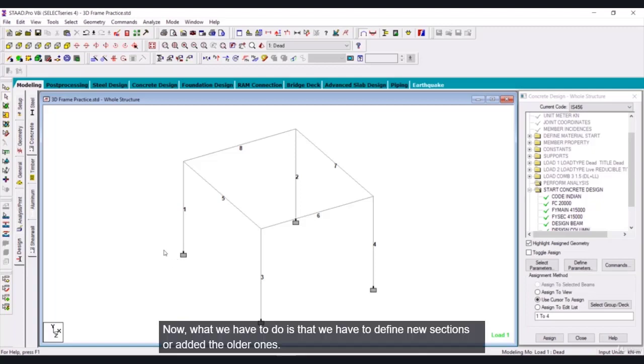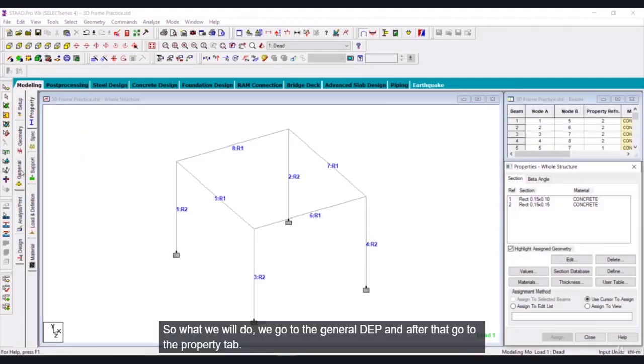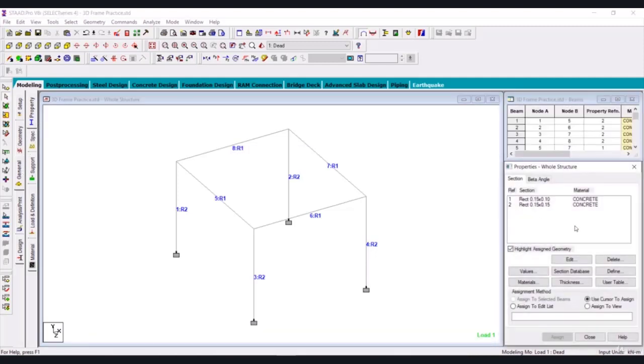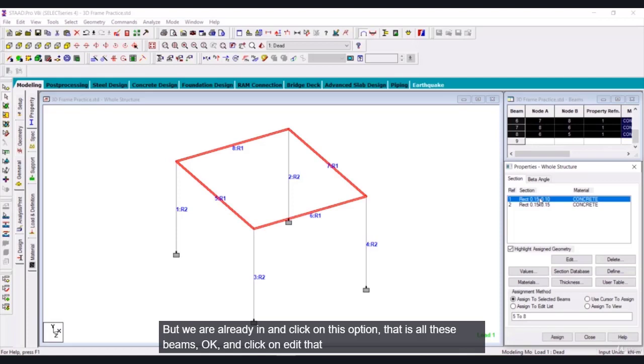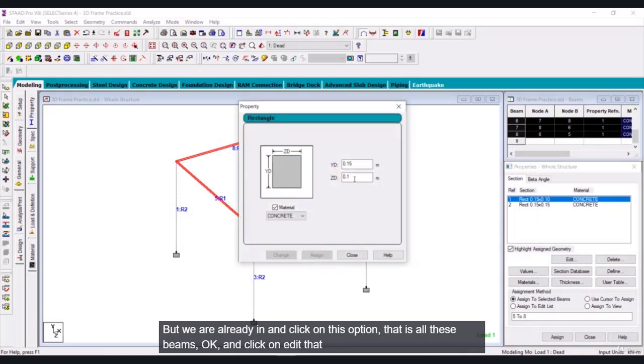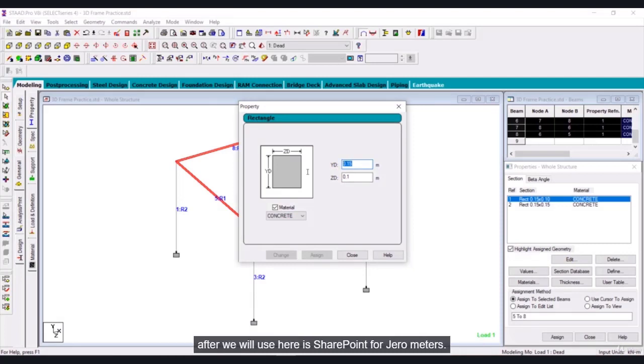Now what we have to do is that we have to define new sections or edit the older ones. So what we will do, we go to the general tab and after that go to the property tab that we are already in and click on this option, that is all these beams. Okay, and click on edit. The depth we will use here is 0.40 meters.